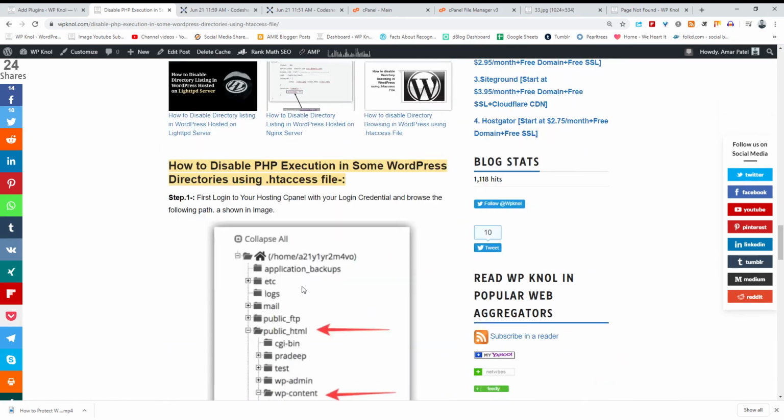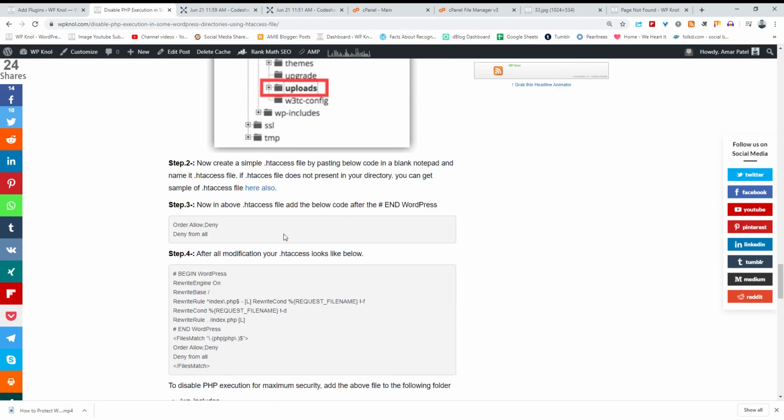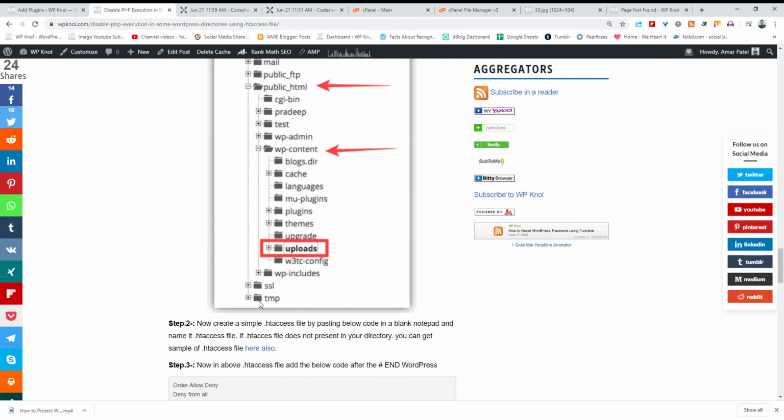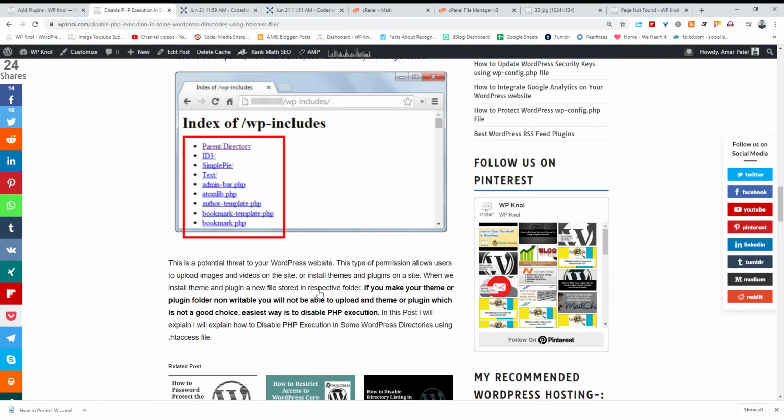So this is a very simple video on how to disable PHP execution. You can add the same code to your plugins or themes folder, but it is not a good choice. However, if you want extended security, you can add this code to your themes or plugins also, so that nobody can inject any code in your themes or plugins.